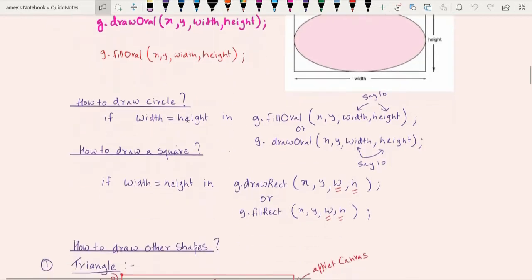So if you keep the width and height values the same, for example g dot fill oval x comma y and width comma height, if you set width and height both equal to 10, then a circle will be drawn. Similarly for draw oval, when you say width is equal to height, say 10, the circle will be drawn.